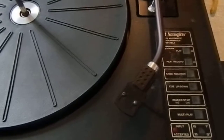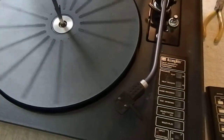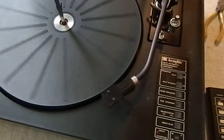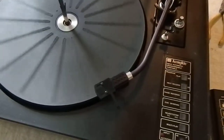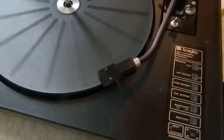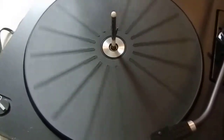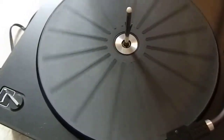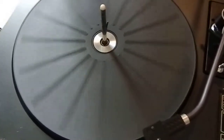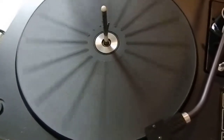So anyways, we'll go ahead and push play and you can see what we get here. Now, because obviously there's no cartridge on there, the tone arm is not properly balanced, but it is quiet. We can change speeds on the platter. Seems to work without issue. And then if we just press stop,